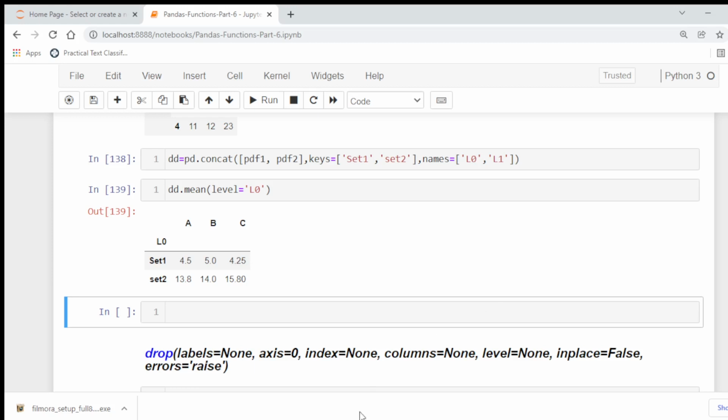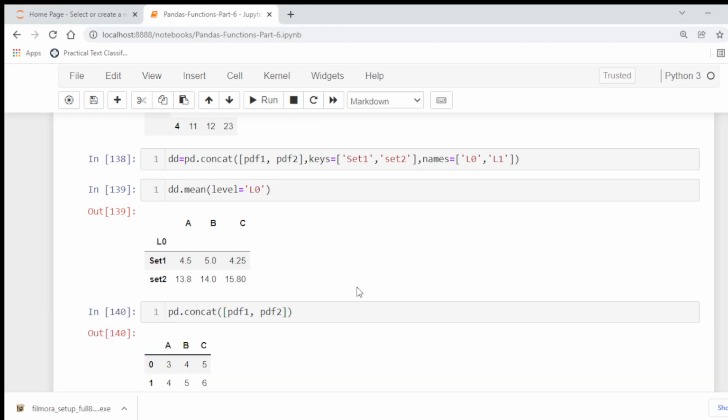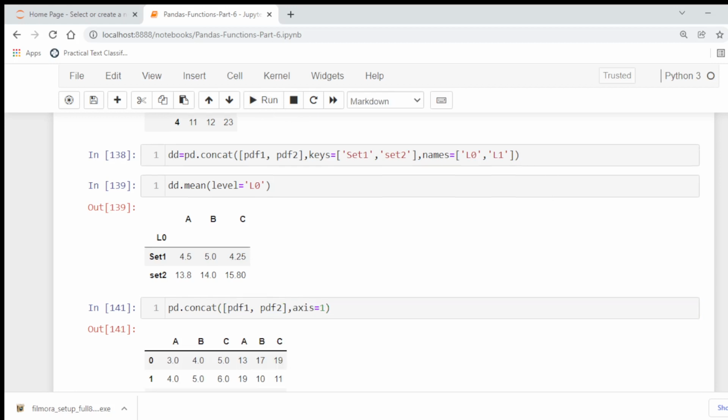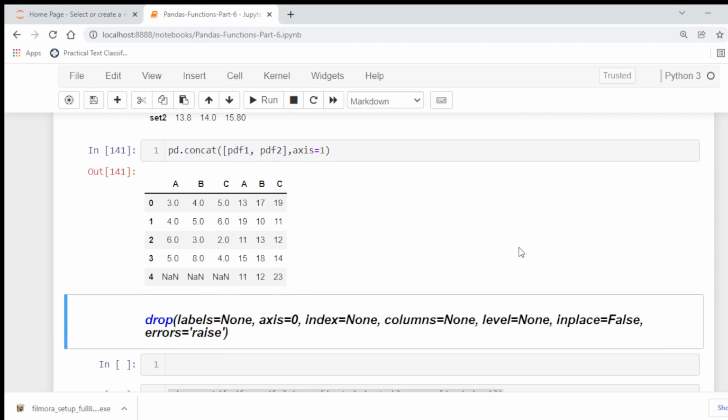So let's say we use the following, because there is actually a duplicate if we concatenate this column wise. There is duplication in the column names A, B, C and A. Now by default verify integrity is false.